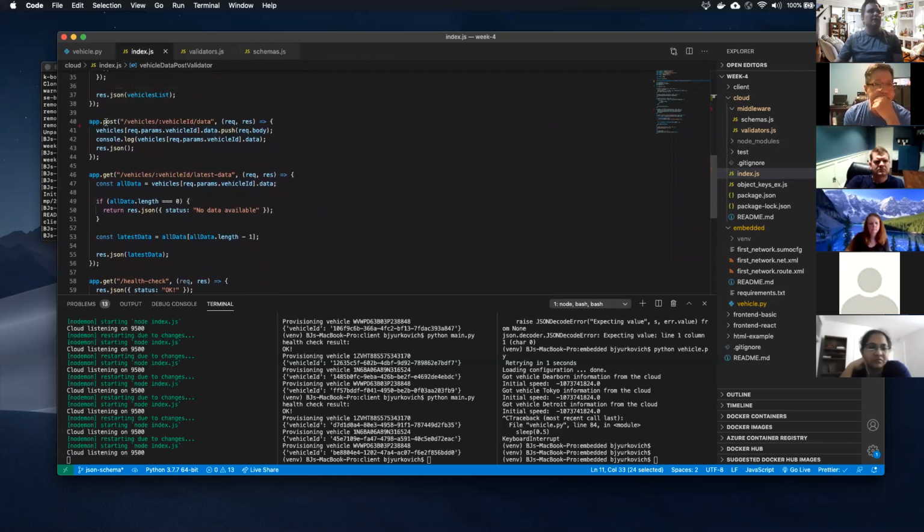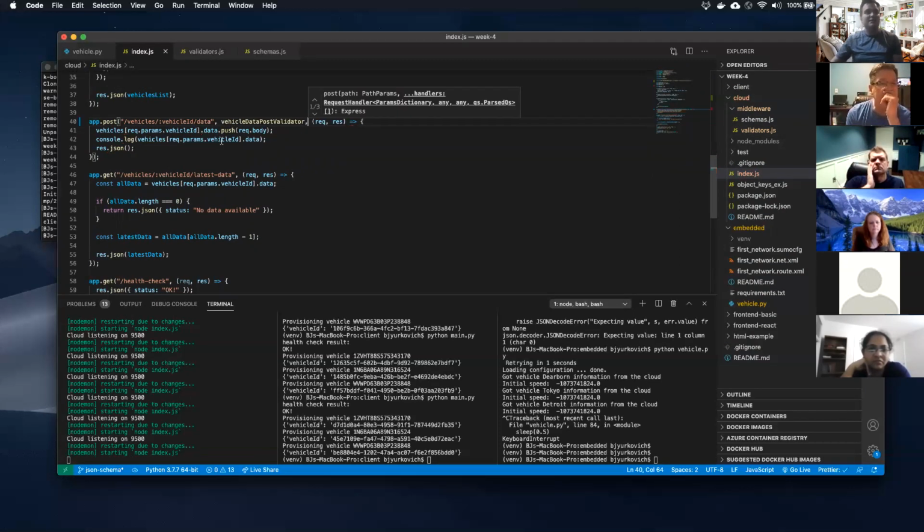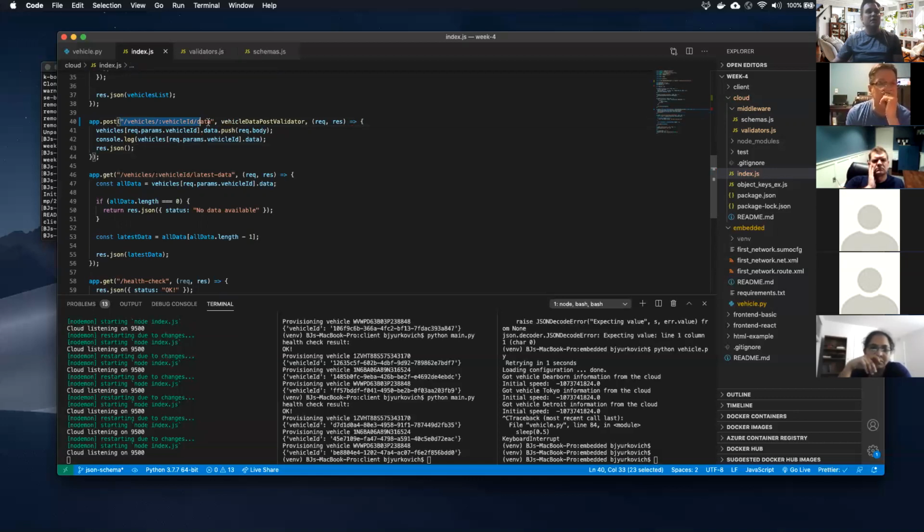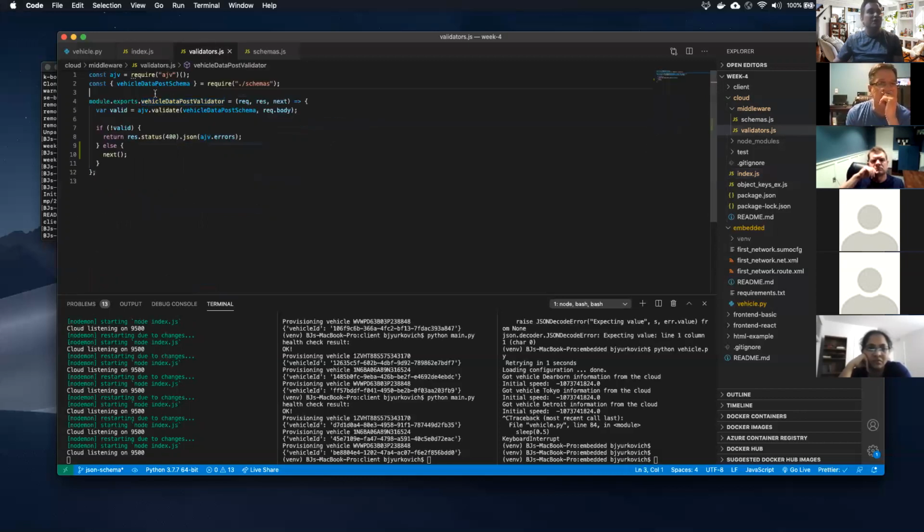So as part of this post function here, this post function takes a string as its first parameter, which is the route name. And then it's going to take a route handler. But it takes any number of route handlers. So we can start chaining these together. So you can see the first argument's a string, the route, but then we can just keep putting route handlers on. And this route handler is just this guy.